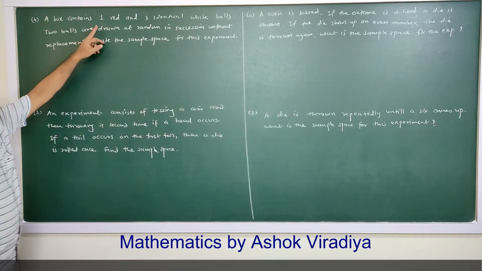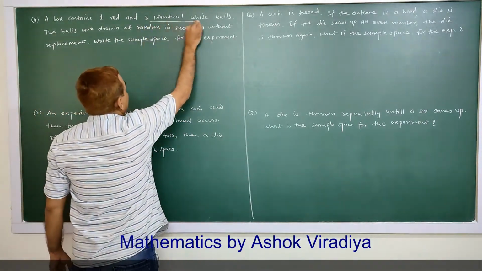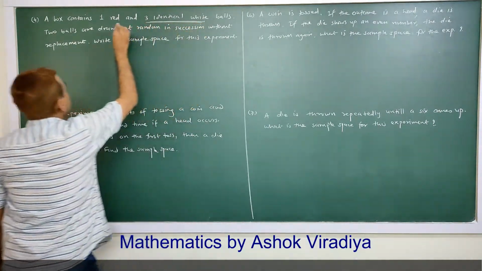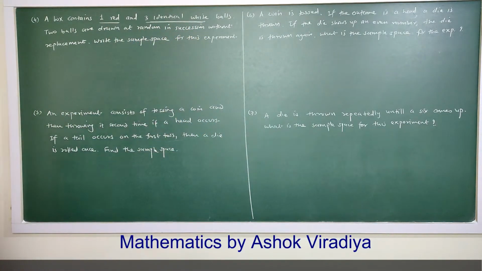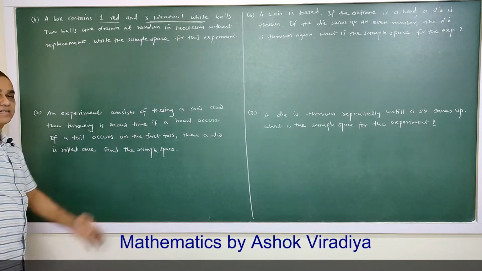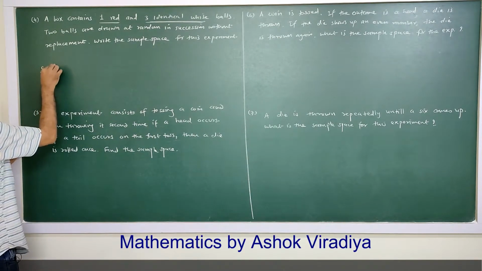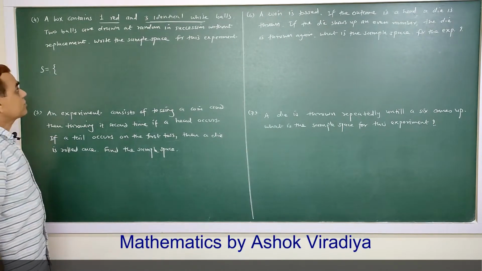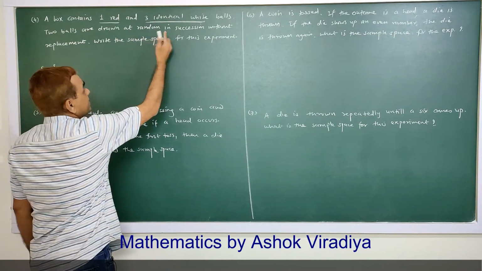A box contains one red and three identical white balls. Two balls are drawn at random in succession without replacement. Write the sample space for this experiment. See here, the sample space: two balls are drawn at random in succession